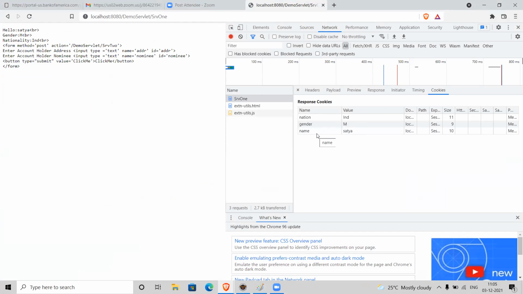In that case, if I am trying to do some manipulation with that data, it will not happen, because the request data has been lost. So there's nothing for us.